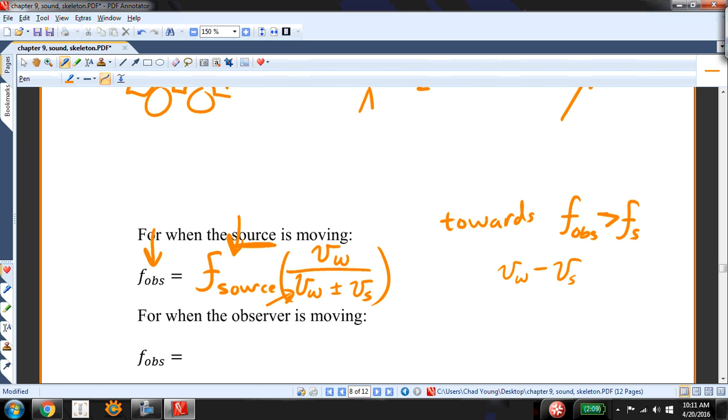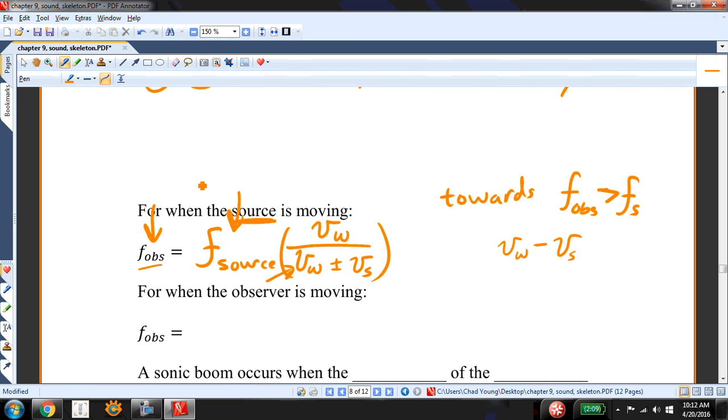So just think about whether you use the plus or the minus. If I'm moving towards, I use the minus. If I'm moving away from, I use the positive. That way, this becomes bigger than the numerator, and it becomes a fraction that's less than 1. And so f obs would then be less than f of the source. So you'll have this equation on your equation sheet, but when you encounter the problems on the test or in the homework, and there are a couple of problems in the homework,